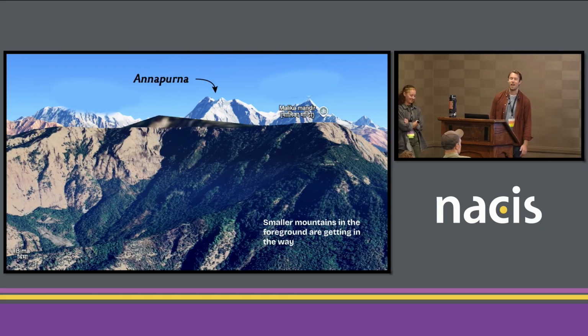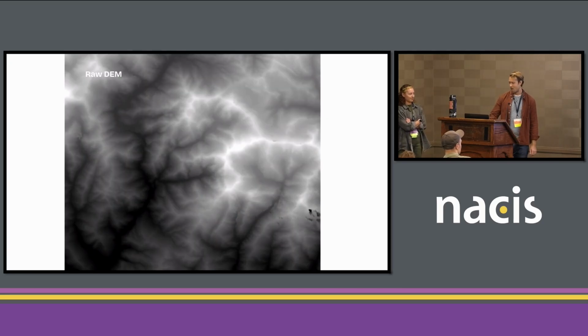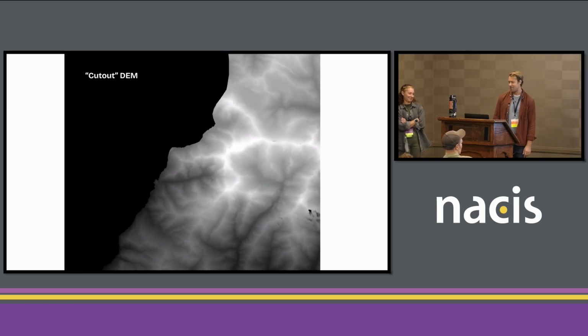But once you do that, if you're looking at a mountain from really far away, we started off about 15 miles away from the summit of the mountain, other mountains are going to get in the way. So this is the raw DEM here. Anyone know which mountain this is? Can anyone guess? Bonus points at the end. It's Annapurna. But so we cut out the DEM to take out the parts that we didn't want to show